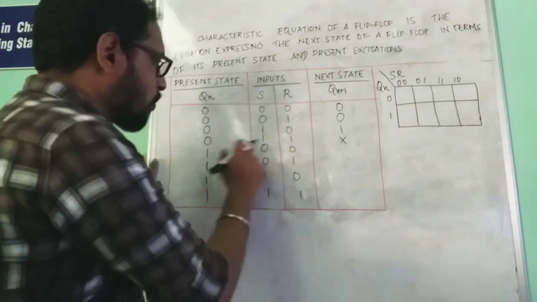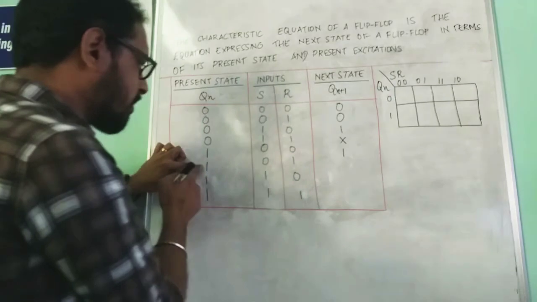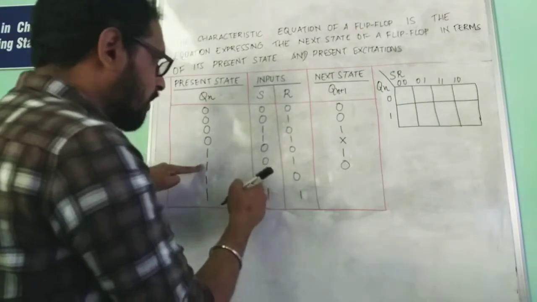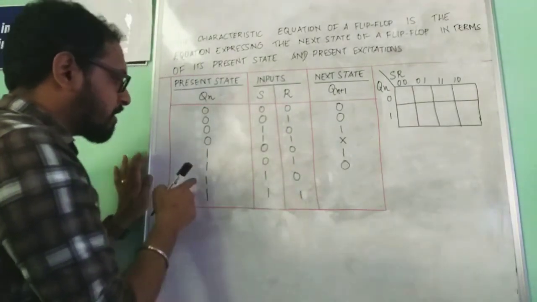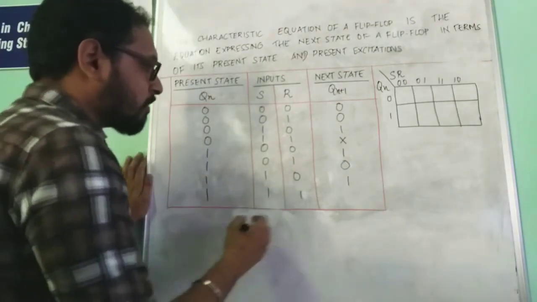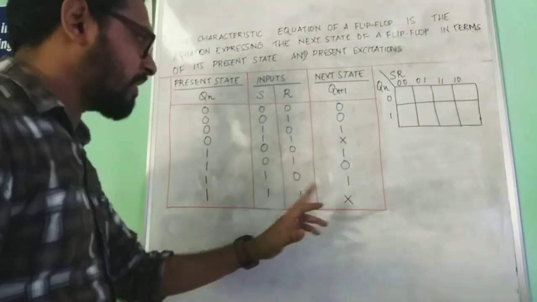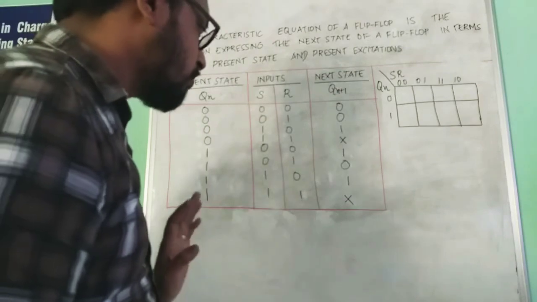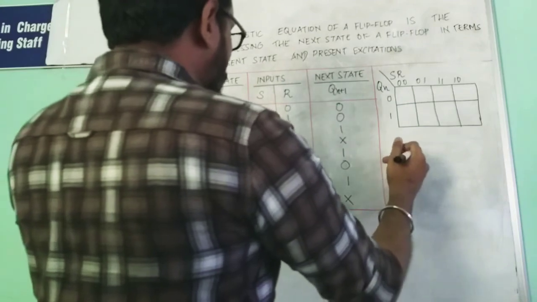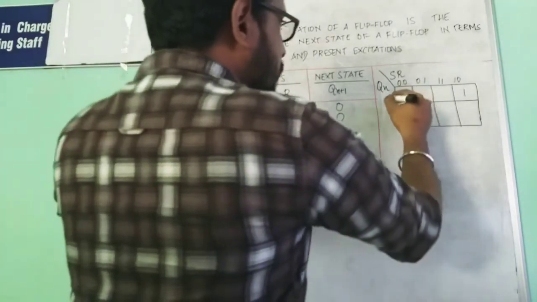1 0 0 means 0 0 no change condition, we have 1. 1 0 1 means we have already 1, the present value is 1, but it's reset condition, so we go for 0. And S, the value of current state is 1 and S is 1, so 1 itself. And here again it's no change condition, sorry, invalid condition. It's not no change, it's invalid because both S and R hold the value 1. Okay, and mapping the 1 values, 0 1 0, 1 0 0, we get a 1. 0 1 1 is X.